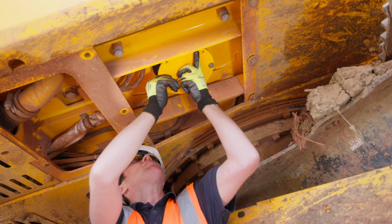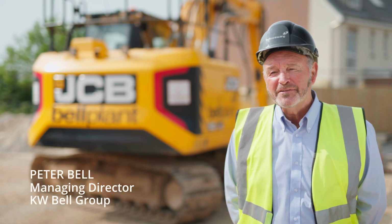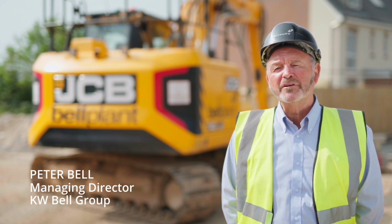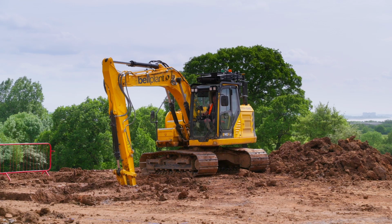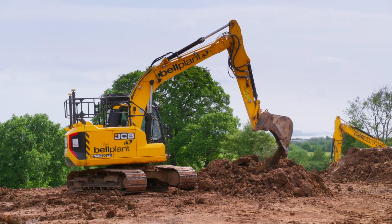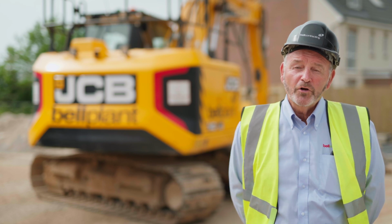FuelActive will give us a return on capital in less than a year, in fact 8 months. And in all my life in investing in plant machinery, I've never known anything with such a quick return. I'm a great believer in if it does what it says on the tin, what more can you ask? And I'd recommend it to anyone because it's saving us money, it's making our fleet more efficient, and ultimately it's